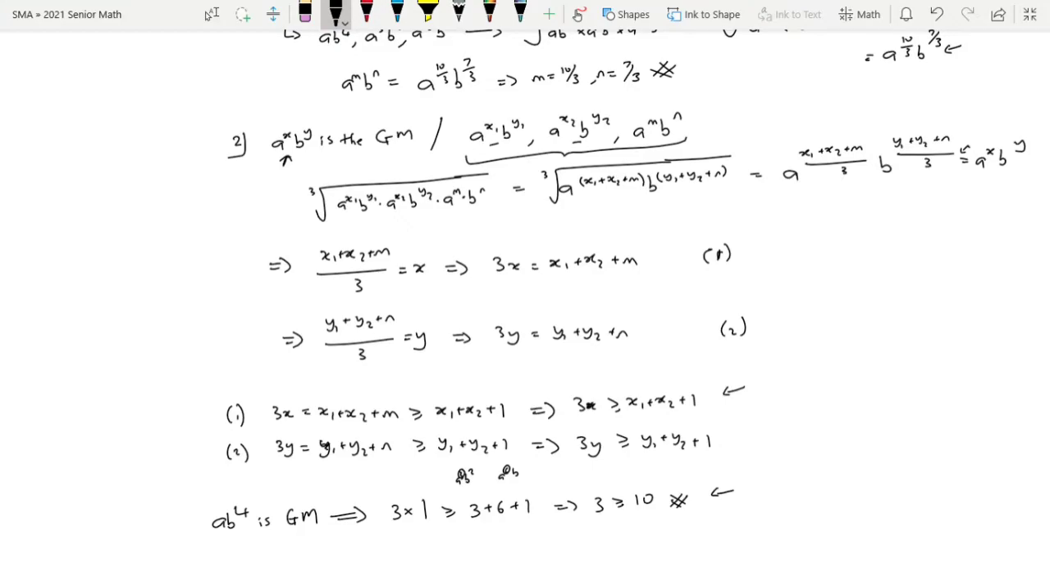And then we'll end up having that 3 is greater than or equal to 10, but that's not possible. So that's where we get that contradiction from. And then assuming that a raised to power 6b is the GM, this implies also that 6 times 1 has to be greater than or equal to